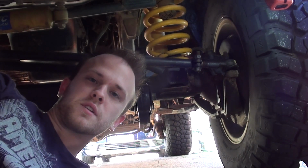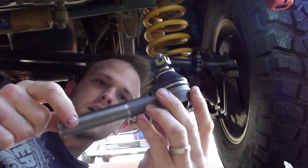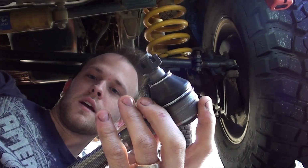G'day guys, so today I'm just going to do a quick video on how to replace a tie rod end or a drag link end, same thing. So in the kit basically what you get is you get the end, a new nut, and you also get